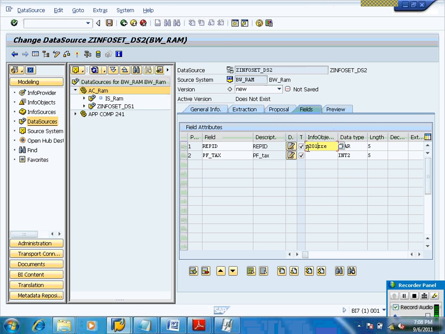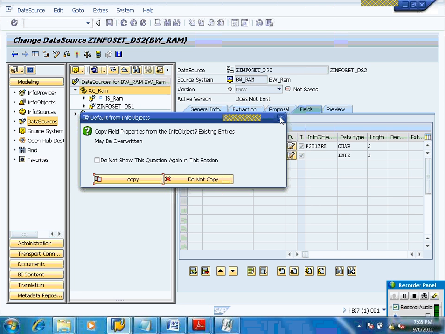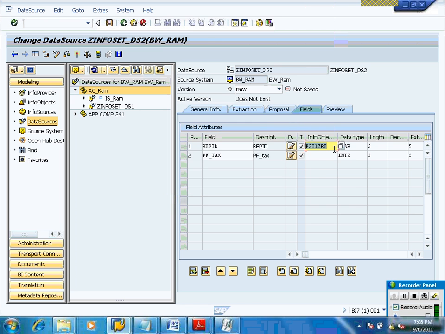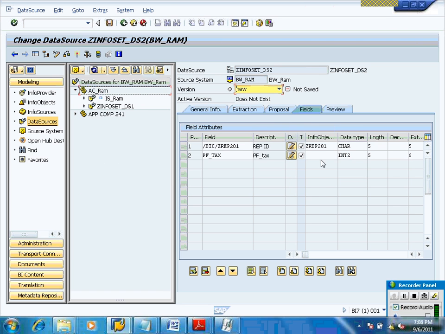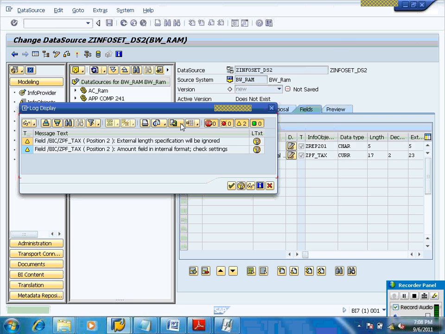Address. Then DTP underscore start, then activate.